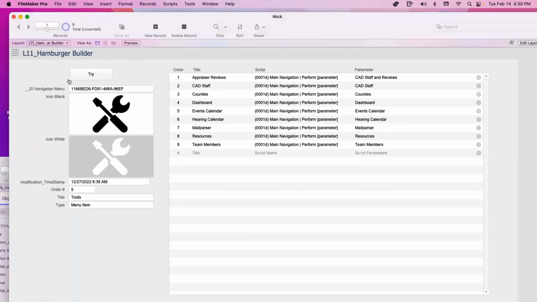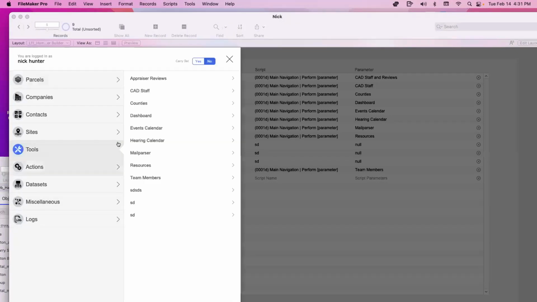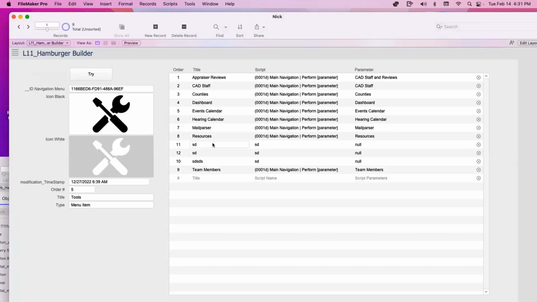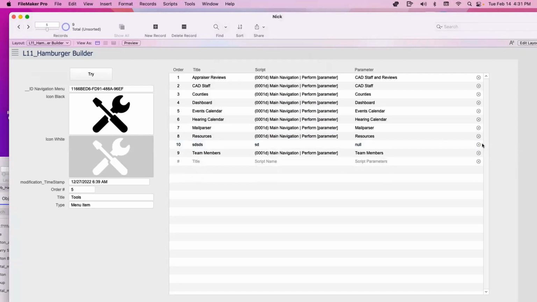I built here like a builder, but it's very simple. So I have one record here and I can add whatever I want here, right? So I'm adding my record. If I go to this tool here, right? If I go to tool, I'm showing this, right? They are there, instantly. Okay. So I can delete this, and delete this. So now you can see here,